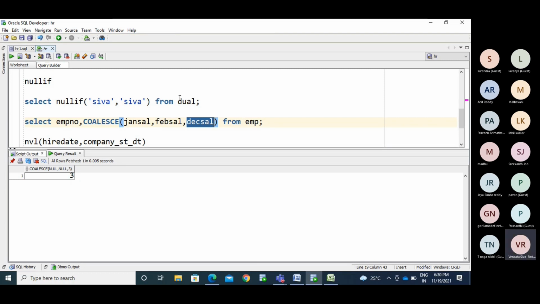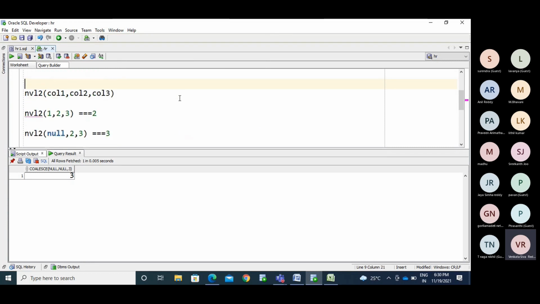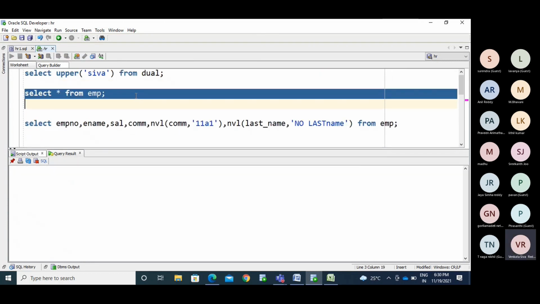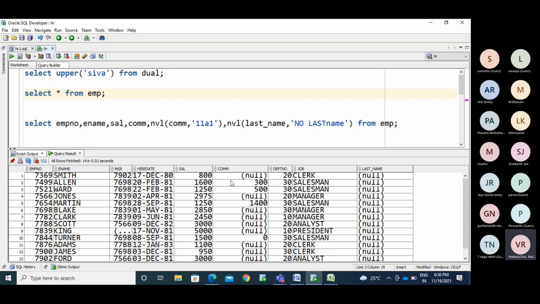Okay, now tell me, I want to retrieve all the commission null values. Which employees do not have commission? I need to display those particular employees. How can I display?